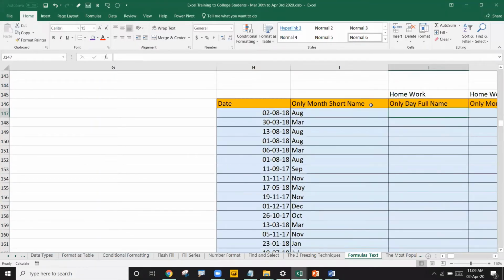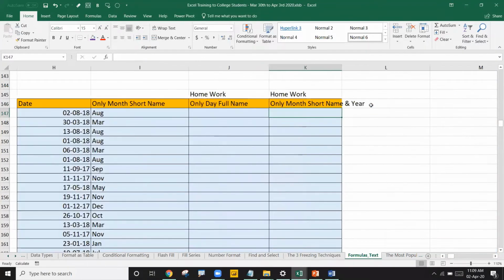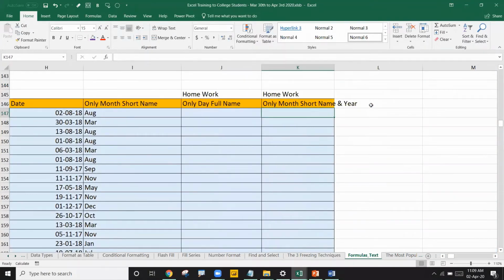See this. I want to get only the day full name, and I also want to get the month short name and year. If you want the month short name and year, what format will you give in the TEXT formula? Please type it in the chat box. Let me see that answer. Please type it. Yes, that is the correct answer.